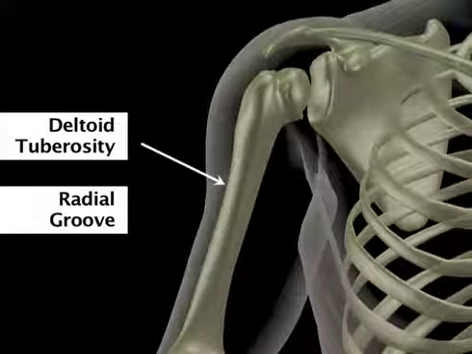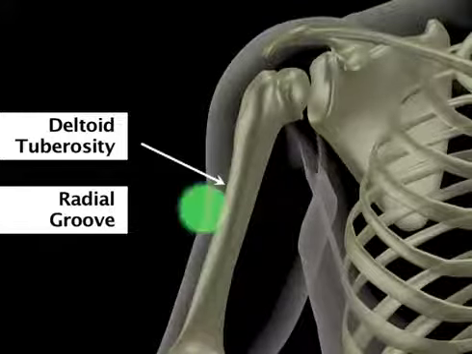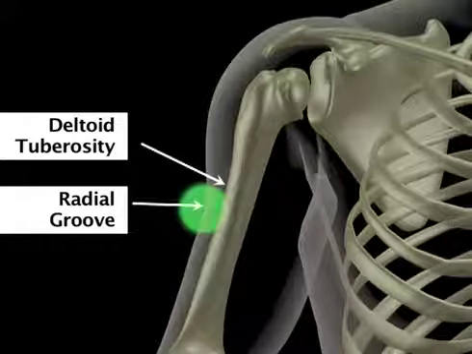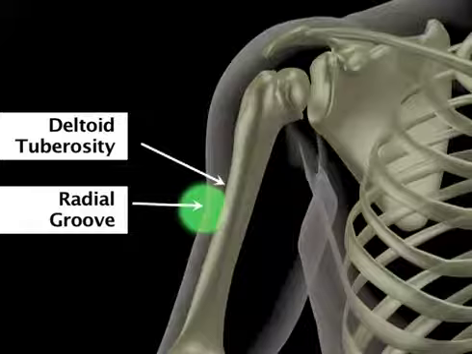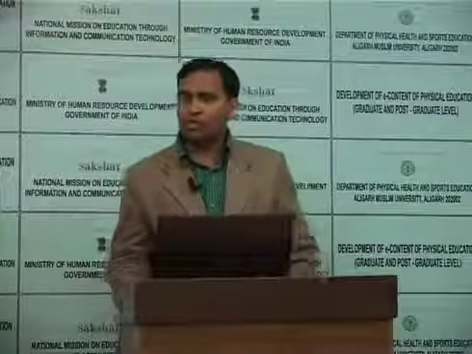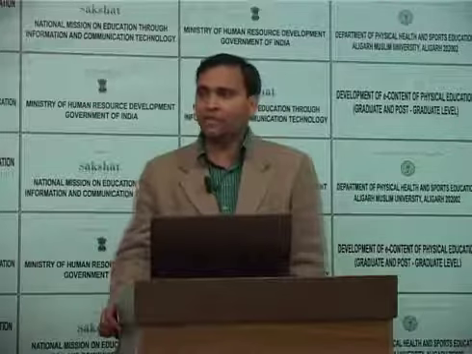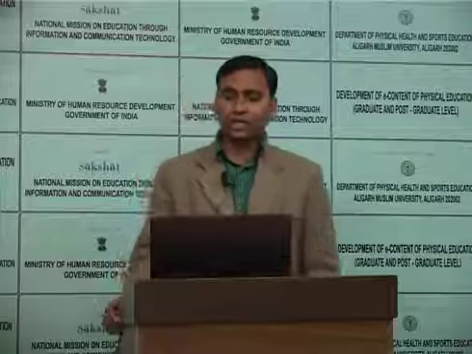There is a deltoid tuberosity. You can see in your arm there is a groove. If you feel the bulky muscle, when you come down, you will find a groove in the shaft of the humerus. This is known as the radial groove. So both the origins, either the clavicular head or the acromial head, are going to insert over the radial tuberosity of the humerus. Now come to the innervation of deltoid muscle.